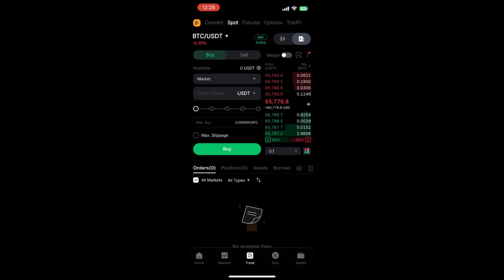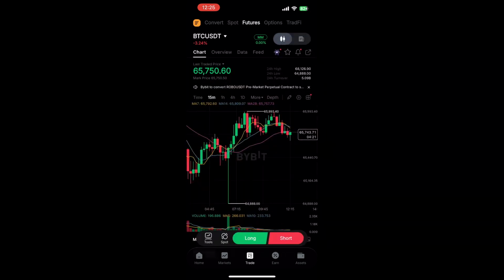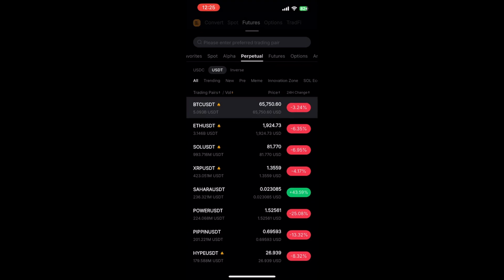Now decide how you want to increase it. The most common way is to place another order in the same direction. If your position is a long, you'll place another buy/long order. If it's a short, you'll place another sell/short order. Choose your order type. Market to add instantly at the current price, or limit to add at a specific